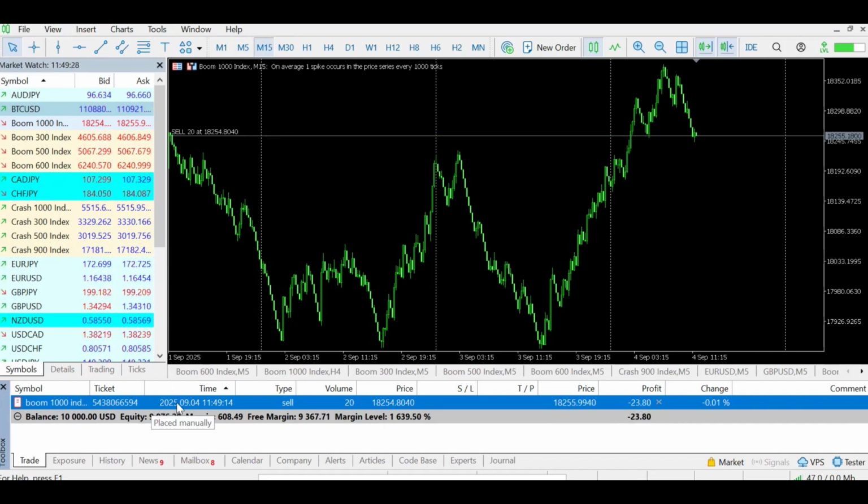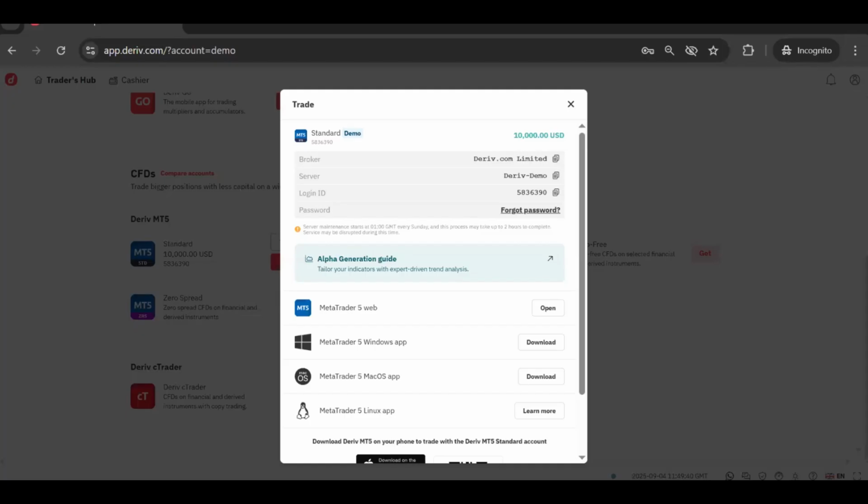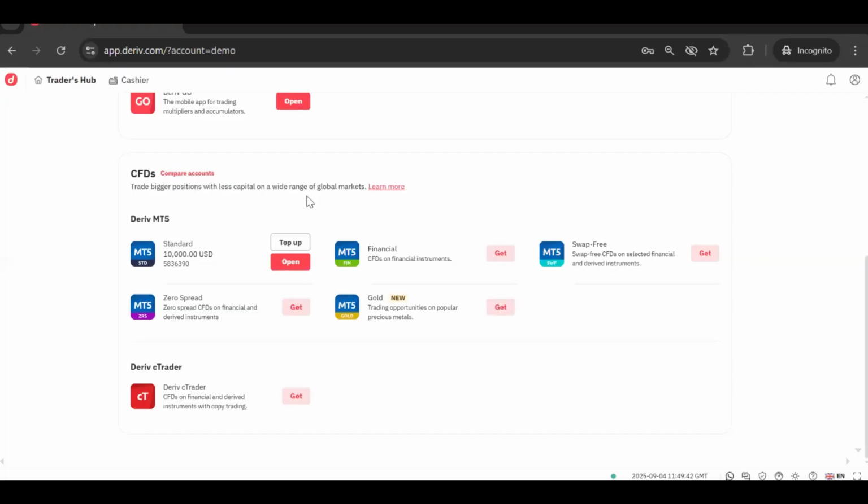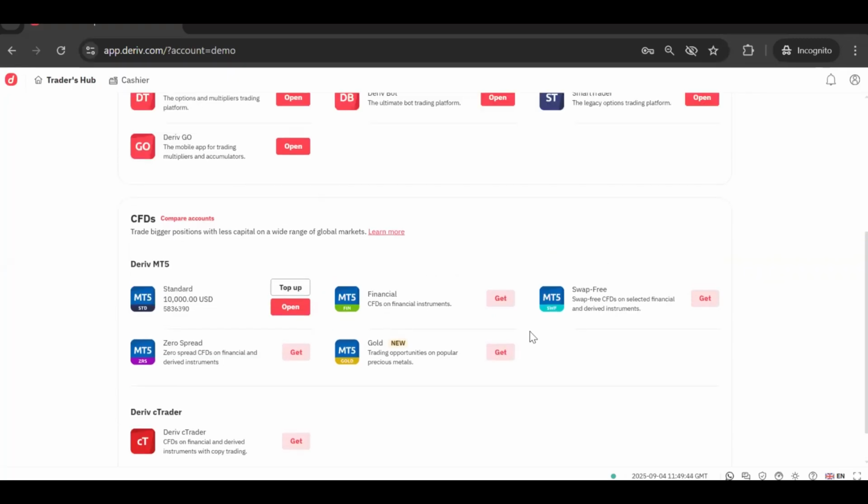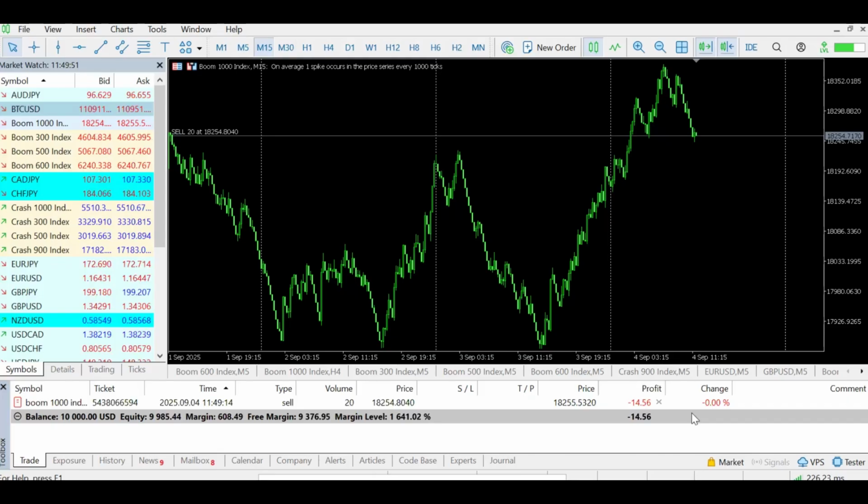Because, all right, the company has to take what is called spread. That is their own commission, their commission for you placing this trade on their platform. Okay, that is spread. But if we created this account, if we didn't create a standard account, if we created a zero spread account, this trade that we placed here wouldn't have been negative here.